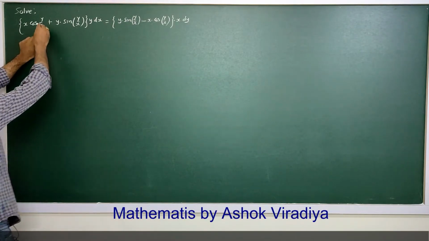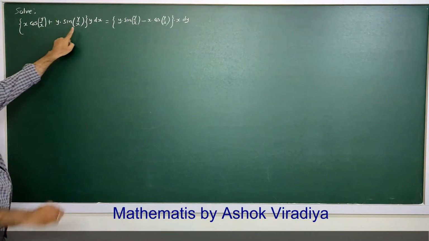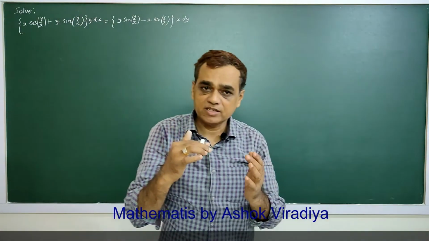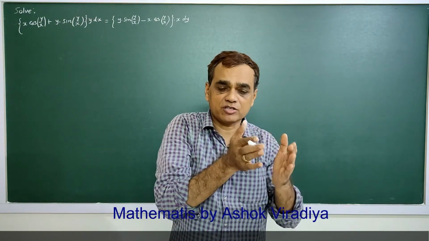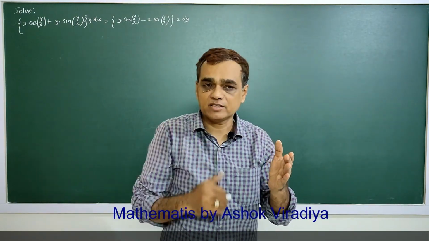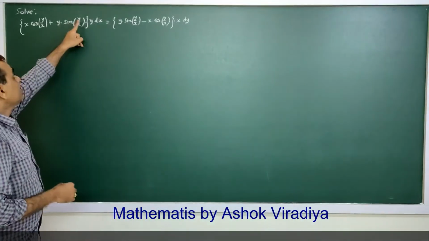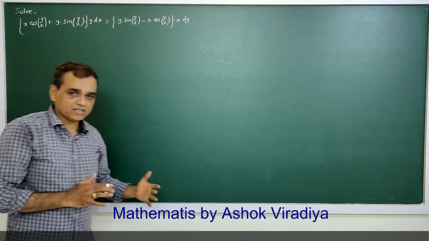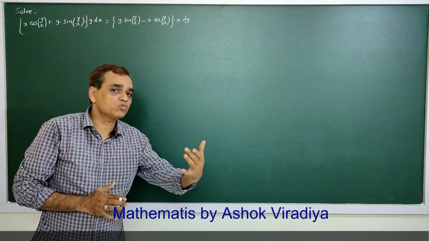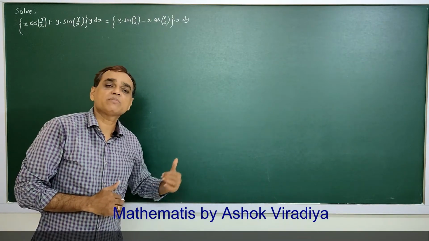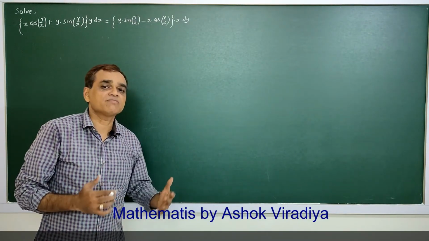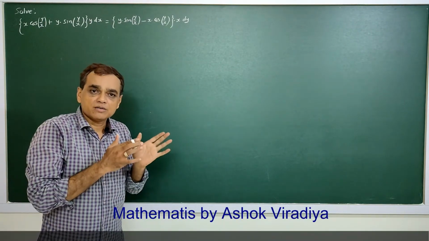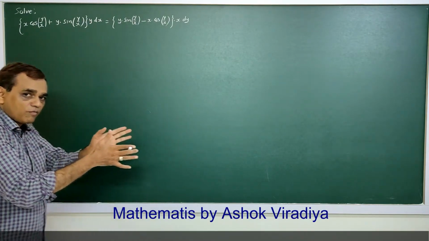Now to solve this differential equation, observe this differential equation. Here you can see cos of y by x, sine of y by x, sine of y by x, cos of y by x. So y by x is the inner function, outer are cosine and sine. So neither y nor x from inside can be separated. So only one way, we have to take y by x equal to v. So this equation can be converted into a homogeneous differential equation. Already it is a homogeneous differential equation, but we are showing it in that standard form.